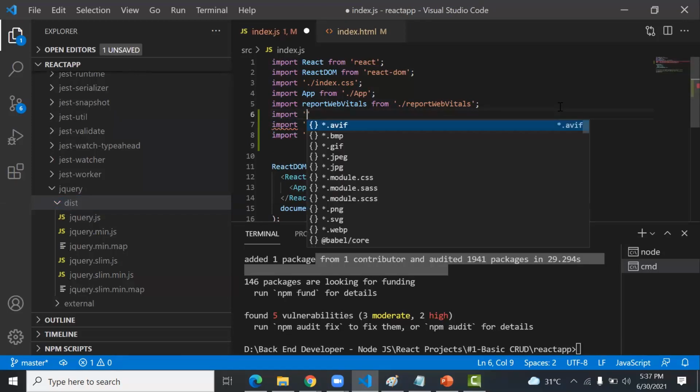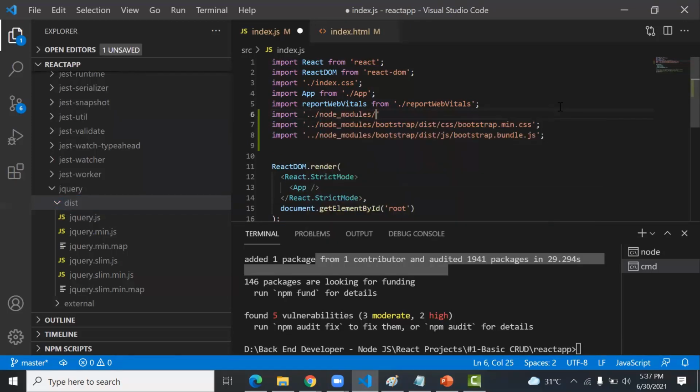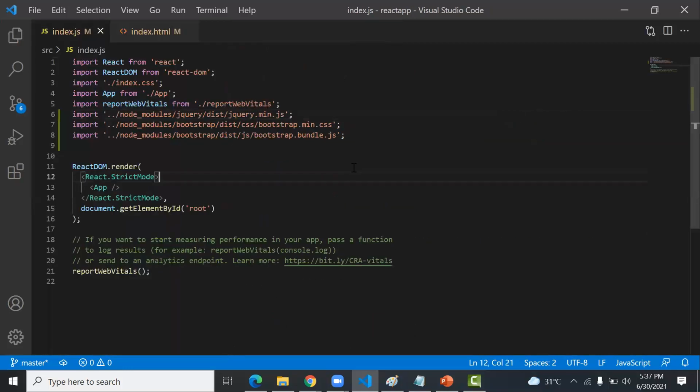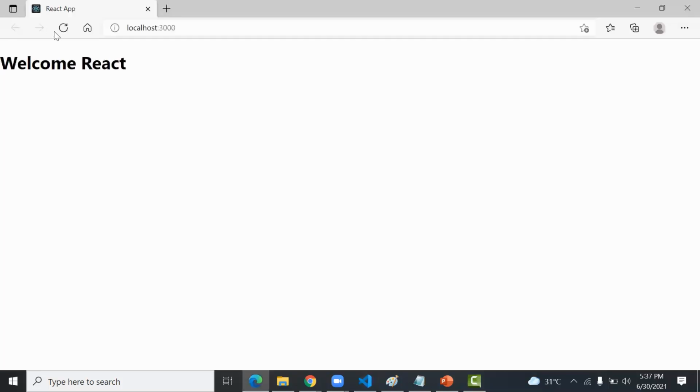Import node_modules, jquery, dist, jquery.min.js. Okay, so I added the jQuery and Bootstrap libraries in my project. So still no problem. My app is running. So now I am able to use Bootstrap and jQuery.